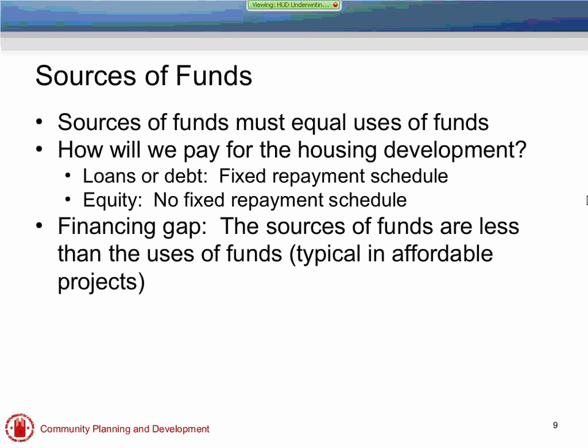And typically with our affordable housing projects, the sources of our funds are going to be less than our uses. So we are going to have a financing gap, and we are going to look for different ways that we can fill that gap with different programs that are available. So let's talk about how we can